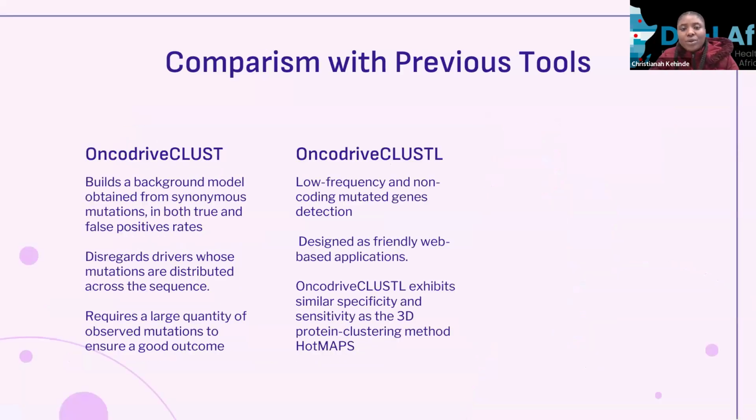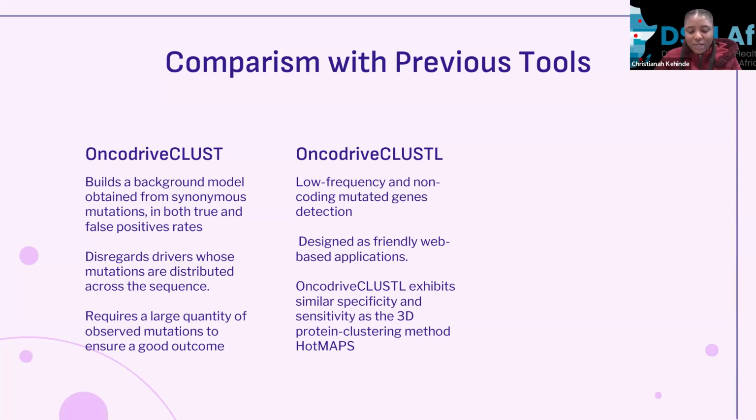So quickly, I'm going to compare the difference between OncodriveCLUSTL and the previous one, which is OncodriveCLUST. So the difference now is the L. The additional letter in the name is just the L, but there are actually a lot of developments between the previous one and the recent one. The recent one actually outperforms the previous one that was developed from a protein clustering method. And the OncodriveCLUST, which is the previous tool,